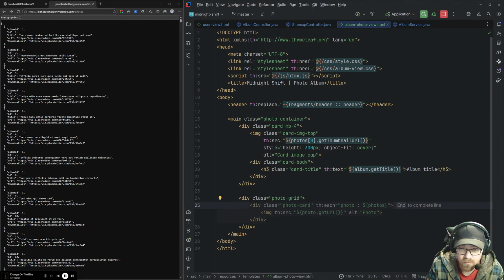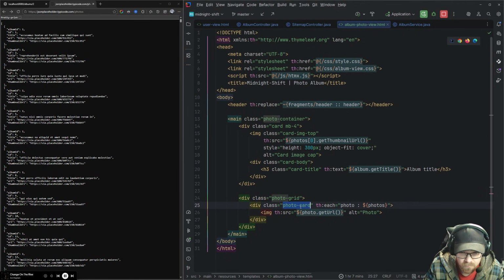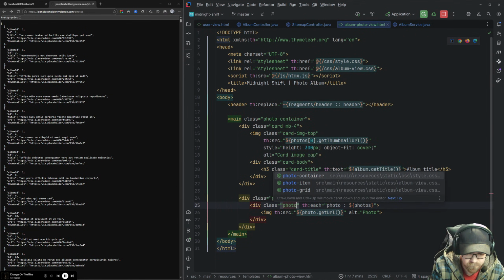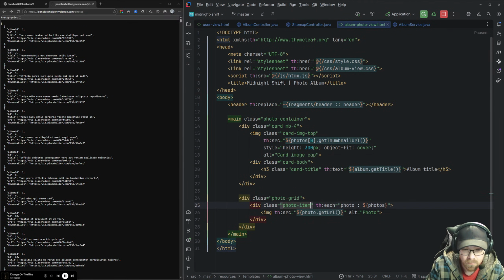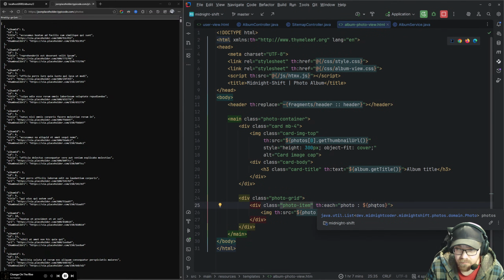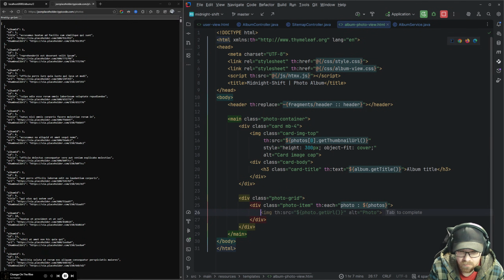And now inside of the grid, I want to make a photo item. There we go. And then for each photo inside the list of photos, I then want to build out a card.